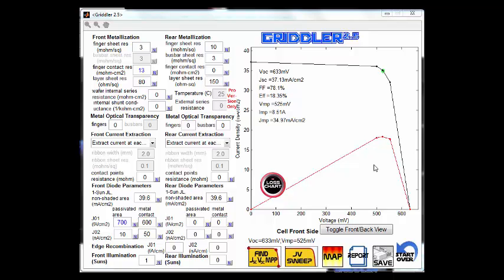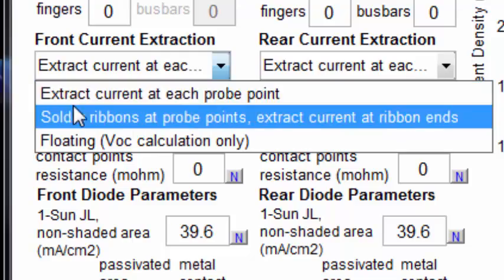So just picking up from the last video, I will now show you how to simulate the solar cell under different kinds of test conditions. And that's important because the maximum power and efficiency that you're going to get will be quite dependent on them. So right now, if we study the front current extraction and rear current extraction, both are set to extract current